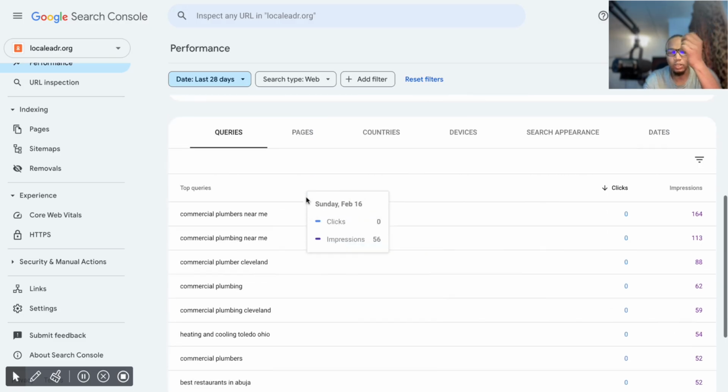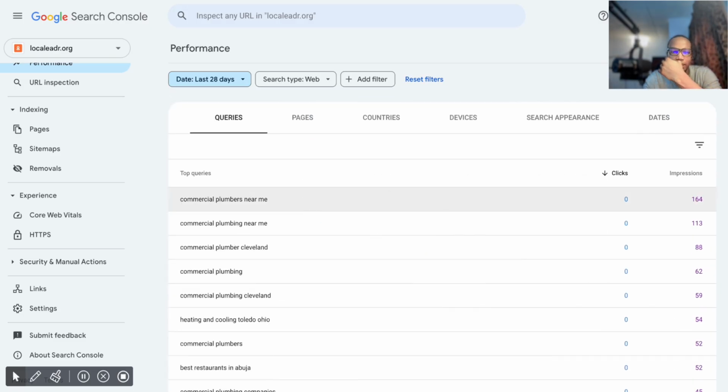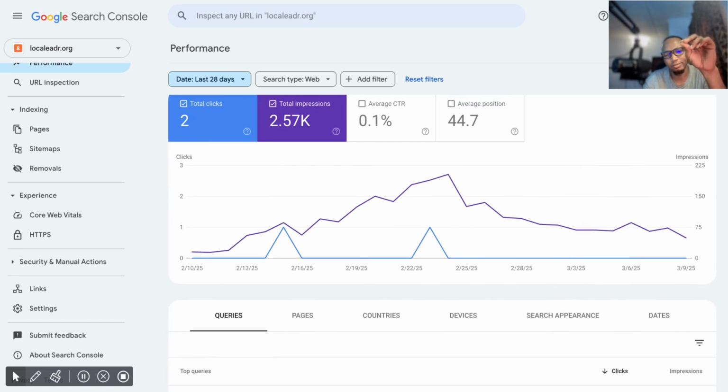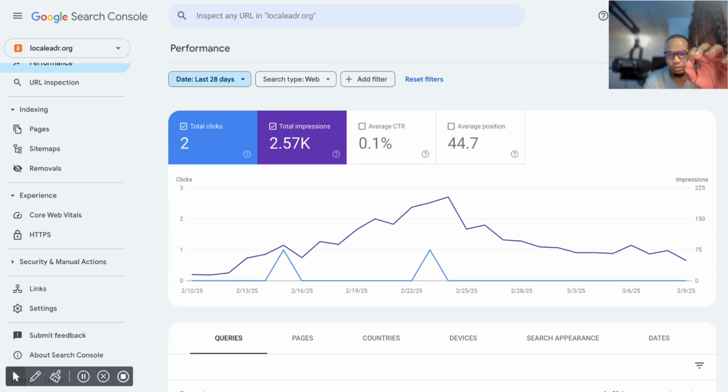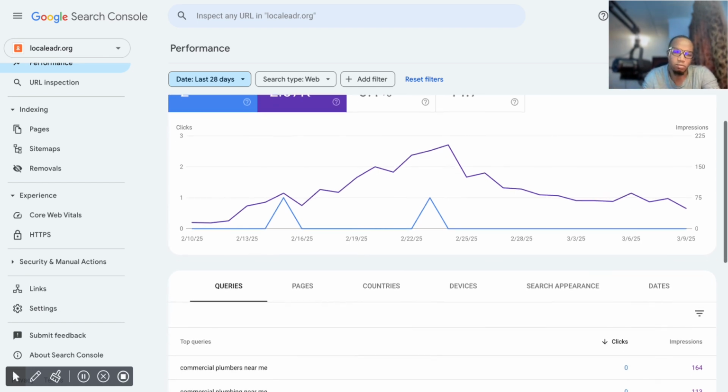So what is going to happen at the moment is I'm going to be prioritizing and optimizing my click-through rates. It means I'm going to be doing more of changing my title tags and meta descriptions, because this is what directly affects my click-through rates.